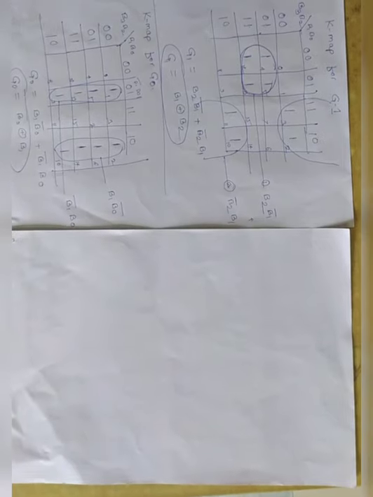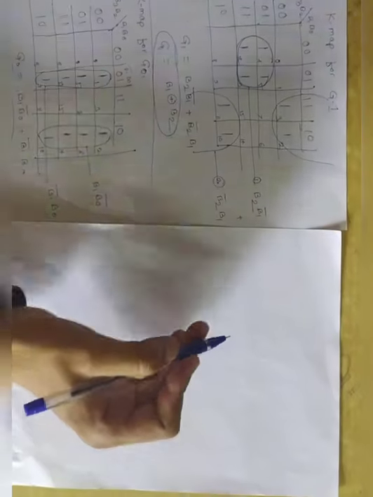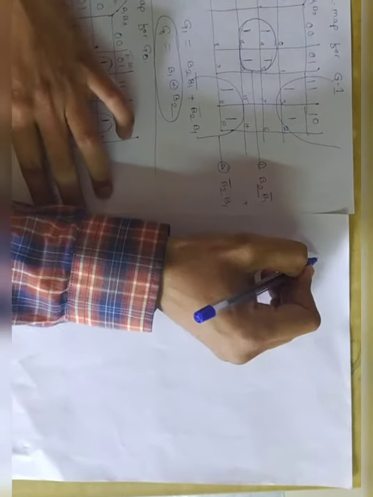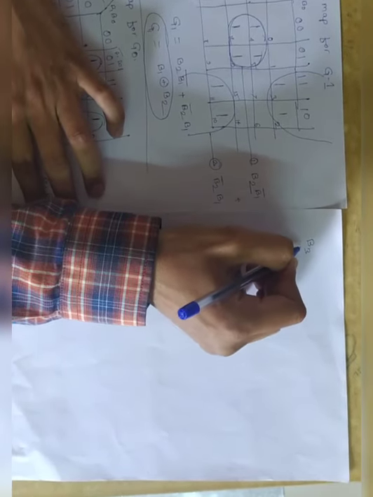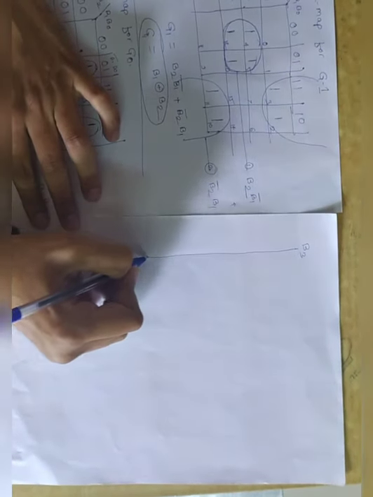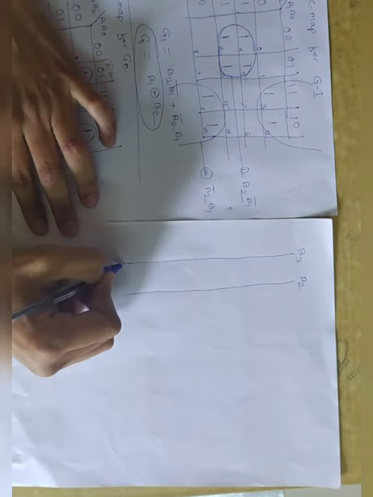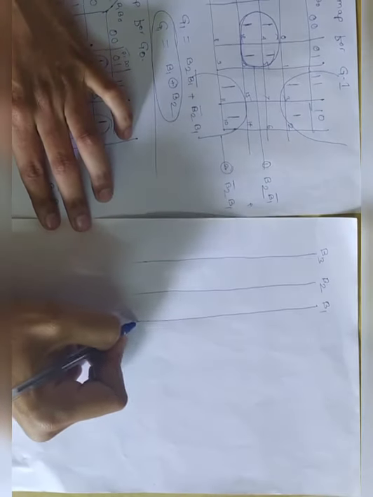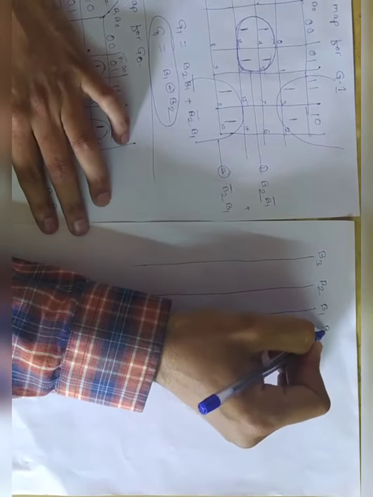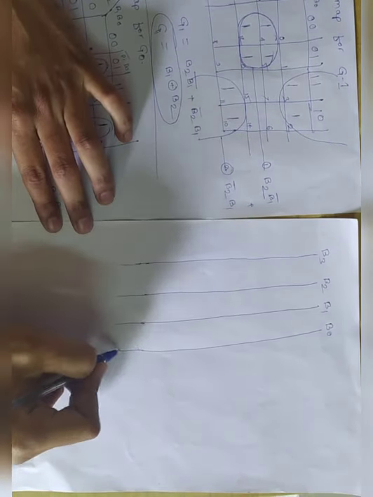Now I just want a logical circuit for that binary to gray converter. Now you know the inputs are B3, B2, B1 and B0. Okay, this one is my B3 suppose. Now this one is my B2 line, B2 input. Okay, I can select the B1 from here. And this one is my B1, I can select the B1 as an input from here. And now this is my B0. Okay, now these 4 are my inputs.